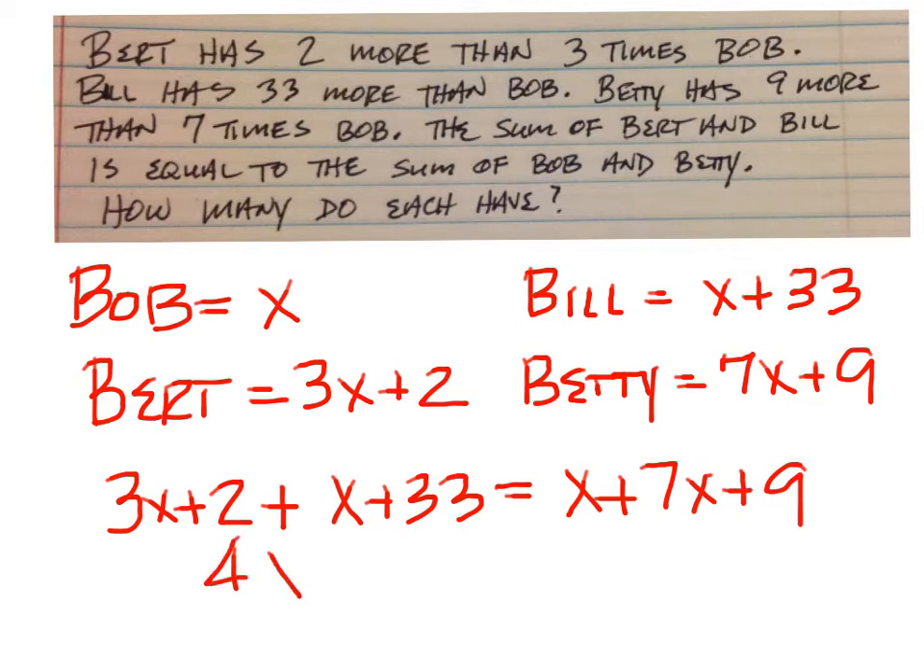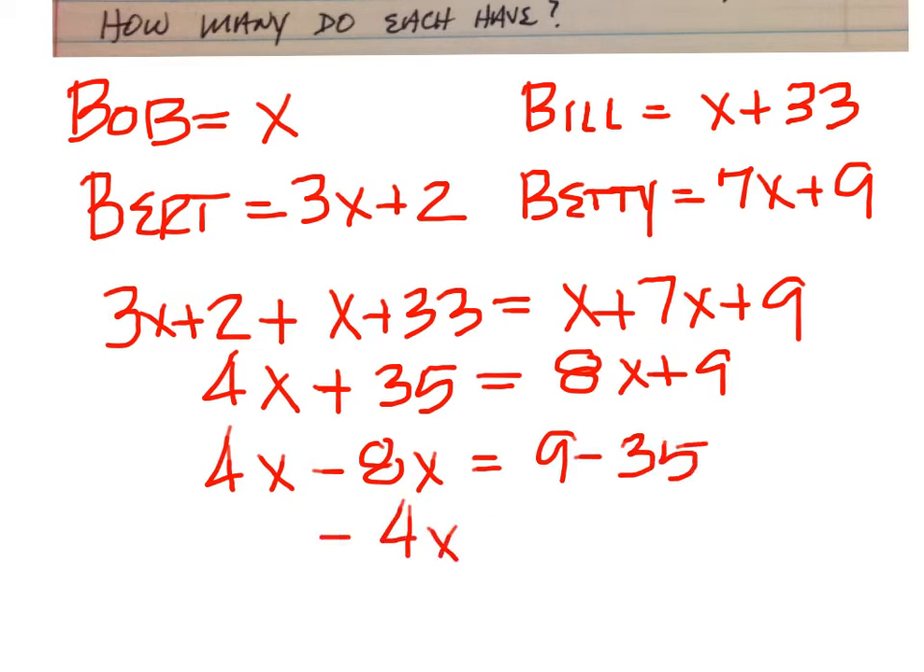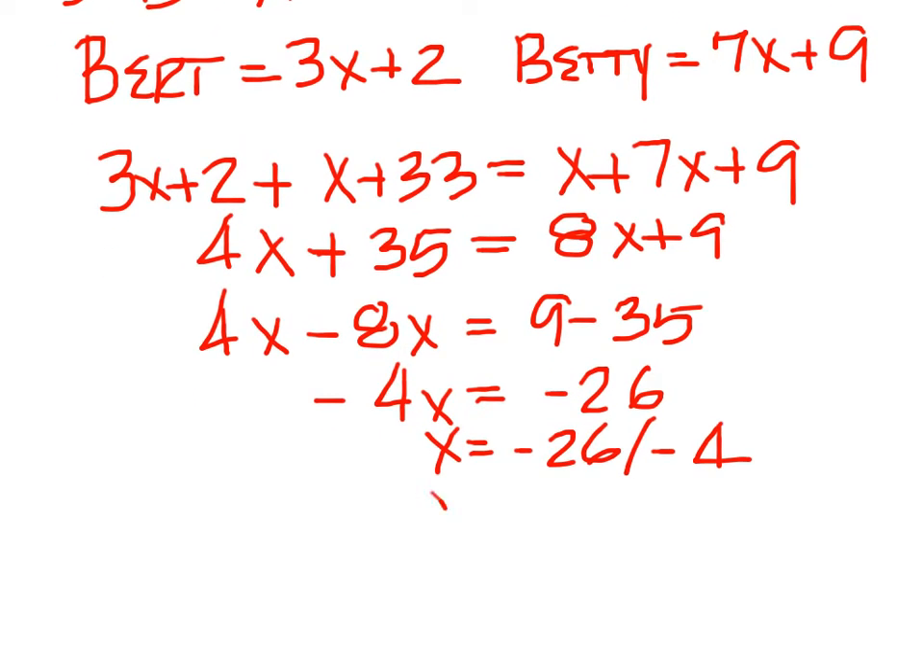So that's going to give me 4x plus 35 on the left, and then 8x plus 9 on the right. 4x minus 8x equals 9 minus 35. That's negative 4x equals 9 minus 35, which would be negative 26. Divide the negative 26 by the negative 4. You'll come out with a positive 26 over 4, which reduces down to 13 over 2,